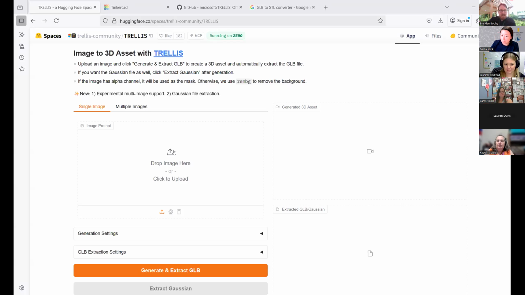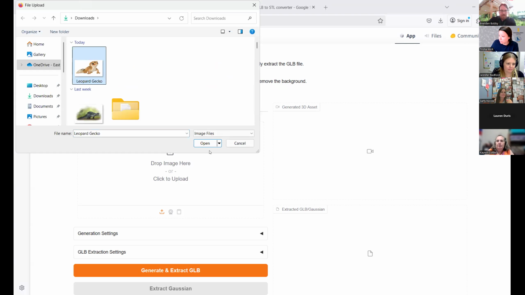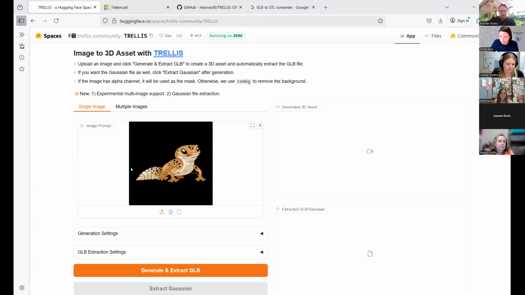Okay, let's try this again. So this is the demo page for Trellis. I already got an image earlier that I downloaded, so I'm just going to go ahead and click on that. Go ahead and grab this cute little leopard gecko right here. Open that up. So what it did is it figured out how to get rid of the background. It does that automatically. And then I've just got that cute little image there, and I'm going to generate and